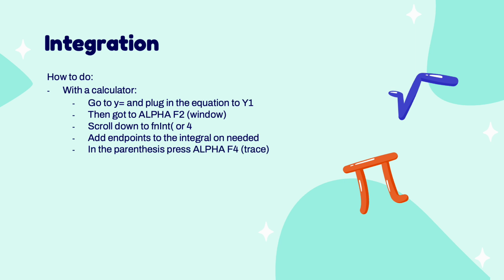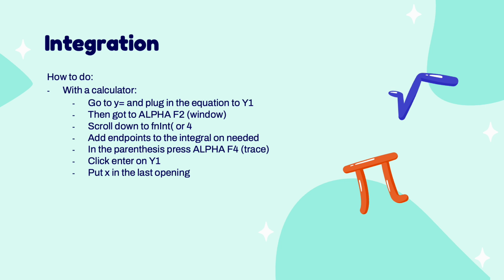And then in the main parenthesis where you're putting in the equation, you're going to do alpha F4, where it says trace, and that's going to be able to let you plug in the thing you plugged into y. And you could just rewrite the whole equation there, but this saves a little bit of time if you have to do multiple steps with the same equation. And then you're going to press y1, which pops up that equation, and it'll give you your answer. And then you have to put x, where it would be the variable, because it's showing that you're integrating in terms of x. So it'll have d and then a blank at the end, and you're just going to press